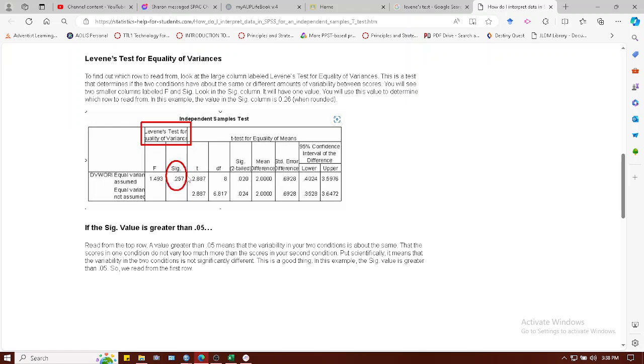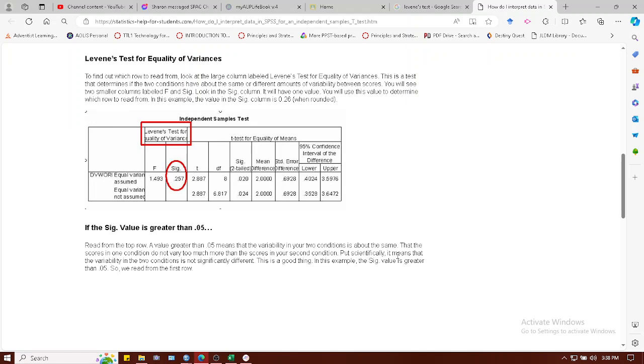in this analysis. According to this site, a value greater than 0.05 means that the variability in your two conditions is about the same, that the scores in one condition do not vary much more than the scores in your second condition.